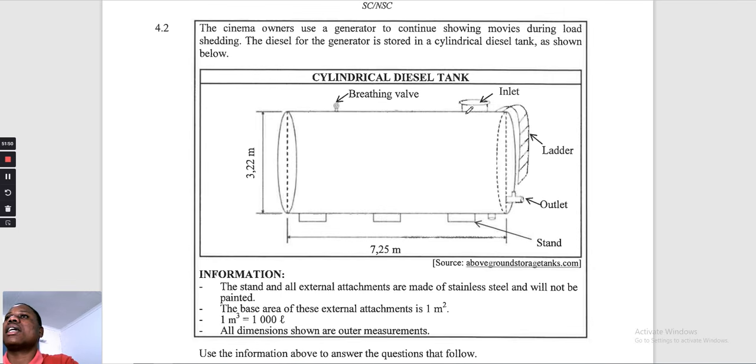Look, here is the briefing valve. We have the inlet. That means that is where they're going to pour in the diesel. I just want to give you an example. If you take a 2-liter bottle and put a hose pipe that will cover the bottle, and you open the tap so that the bottle can be full, you will see the bottle rising. Why is the bottle rising? Because now inside that bottle you are putting water, and there will also be the pressure that was inside that bottle.